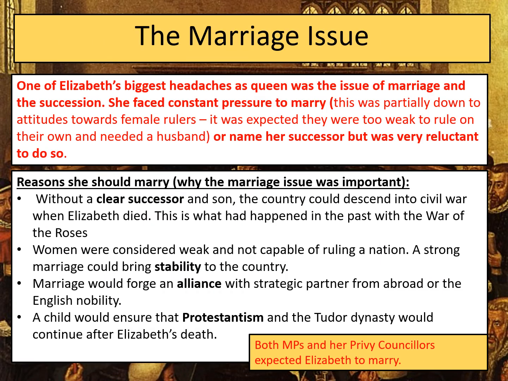The next key area that you need to know about for Unit 1 is about the marriage issue. One of Elizabeth's biggest headaches as Queen was the issue of marriage and the succession, and she faced constant pressure from both MPs and her Privy Councillors to marry. Now, there were lots of reasons why the marriage issue was so important and why it cropped up so many times in Elizabeth's reign. First of all, without a clear successor and son, the country could descend into civil war